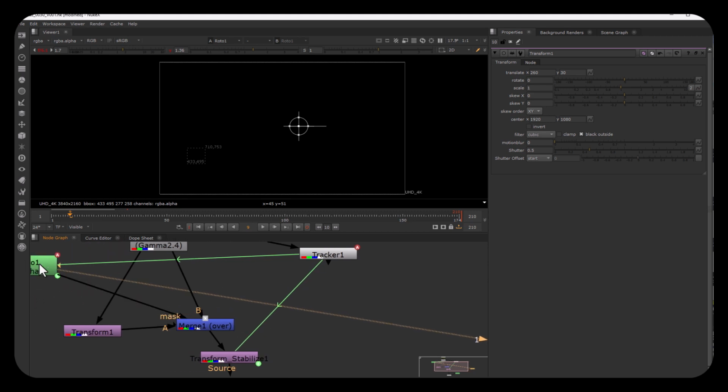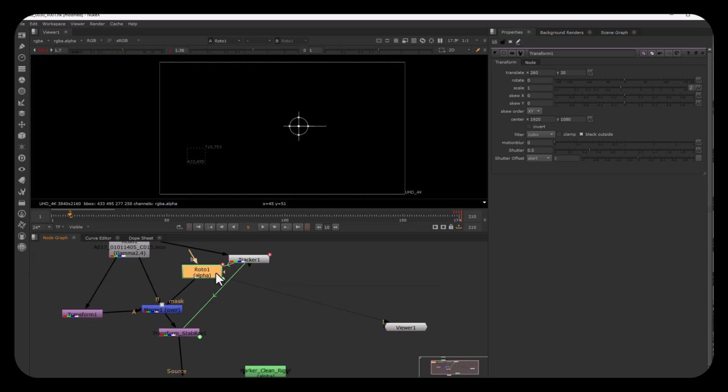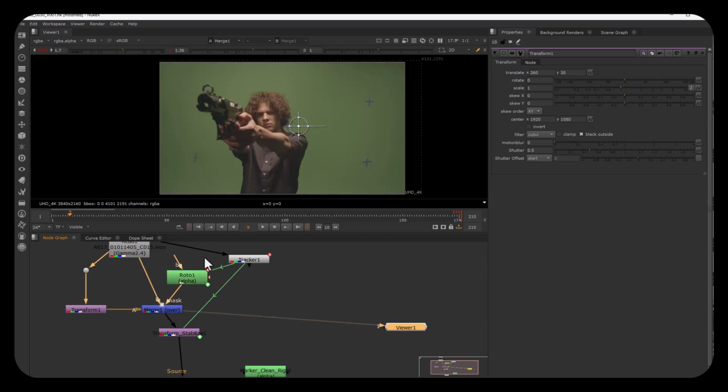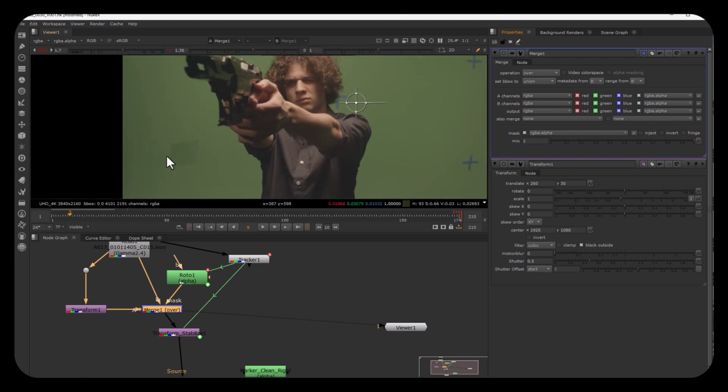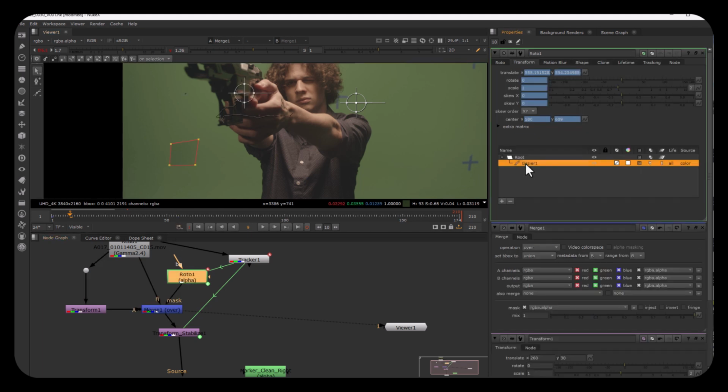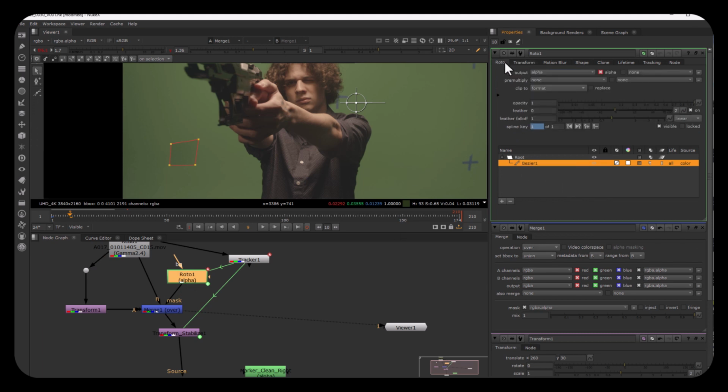And so what I'm getting here is, now when I'm in this merge, it's literally just merging some additional green screen back over the top of this. And so, on this roto, I'm going to just soft edge this thing real quick. Just going to feather it just so it's a little less harsh, but it doesn't really matter because